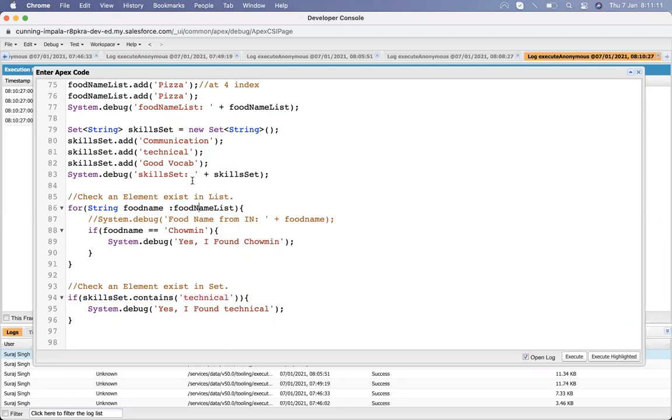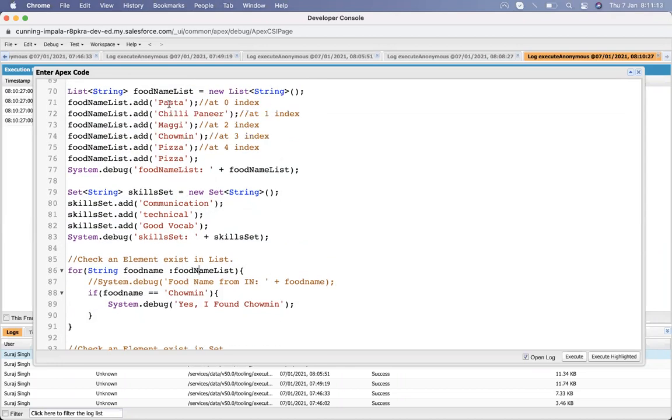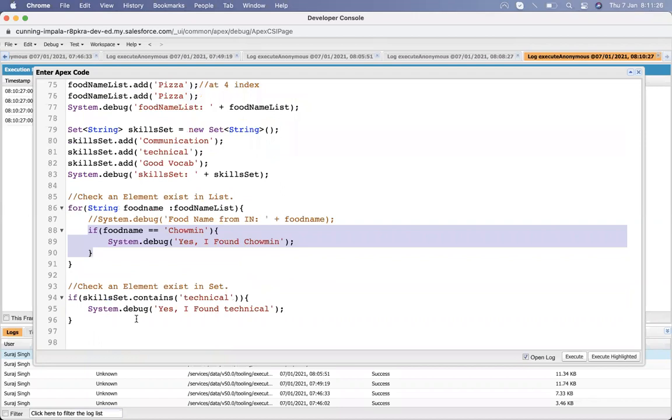If there are only 3 to 4 elements it is fine, but suppose we have 1,000 elements, the loop will take CPU time to check each element one by one, and once it's found, it will say, hey, I found it.